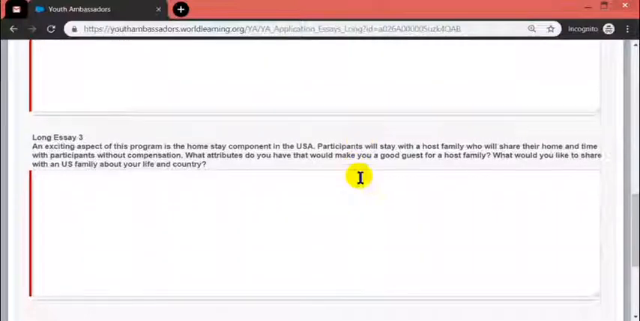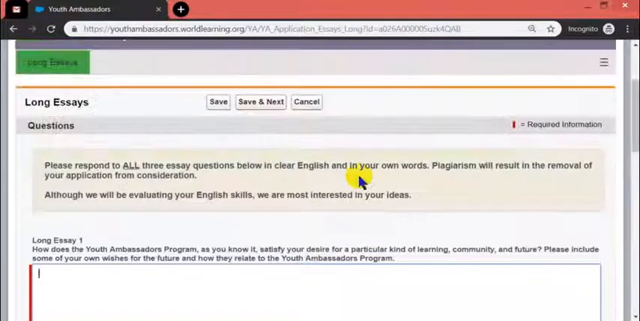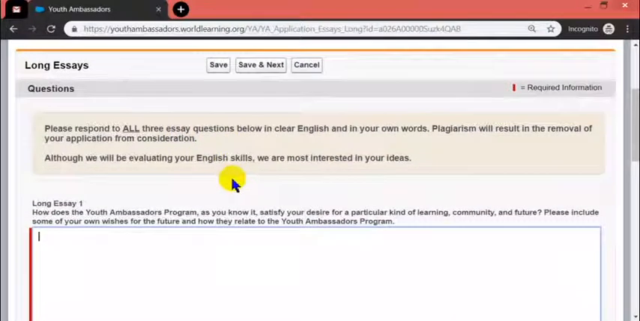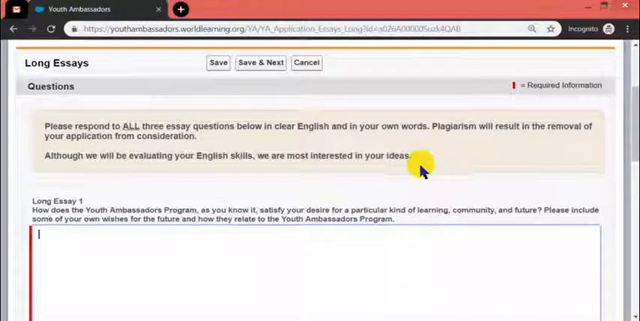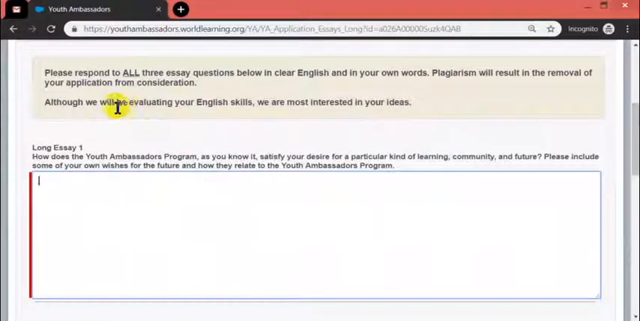So you have 3 essays. Well, you need to respond to all 3 essays, right? The 3 of them in English and in your own words, and the same recommendation, right? They will evaluate your English written skills, but they are interested in your ideas, and being honest is part